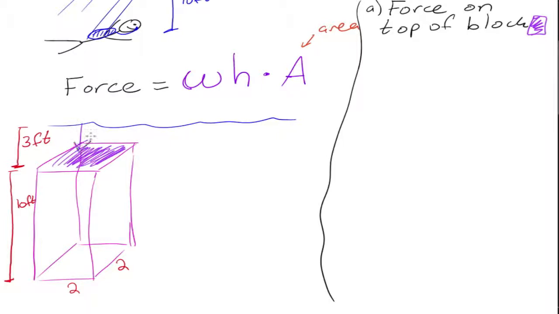And we're finding the force from the fluid pressure on top of the block. Yes? So how do I do that? Well, all I have to do is use my formula, right? Fluid density times the depth times the area. Okay. So the force is equal to, now the fluid density depends on the fluid, right? So it's a constant. So we won't worry about that,